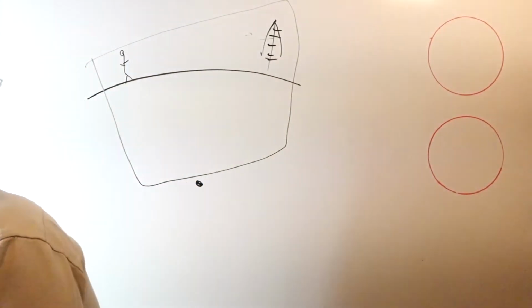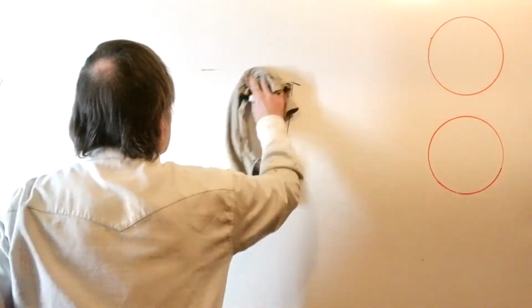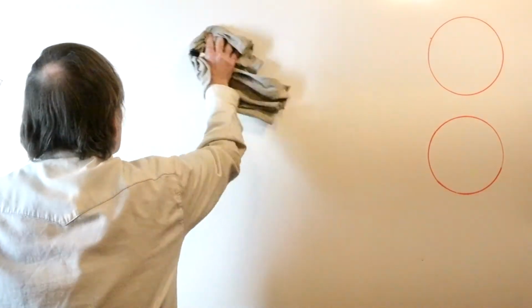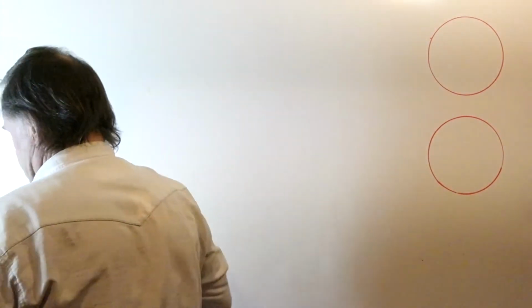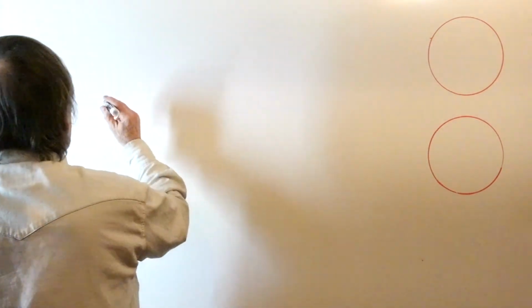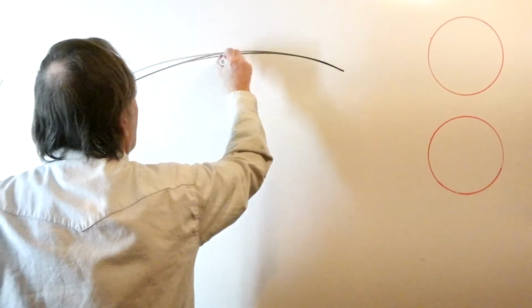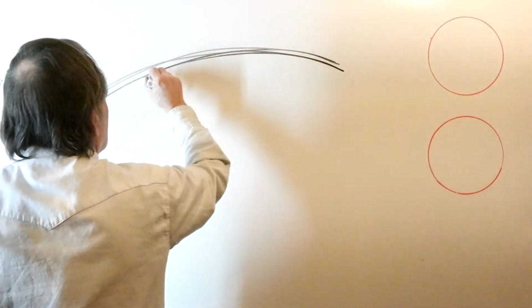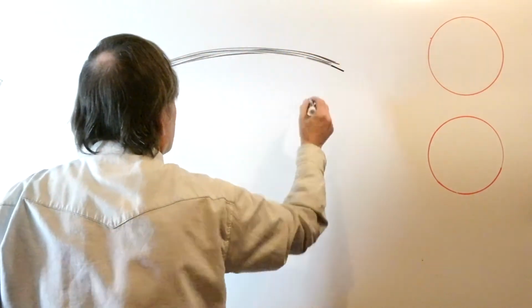For example, suppose we have, say, the surface of the Earth. Now, if there's, say, water resting on the surface of the Earth,